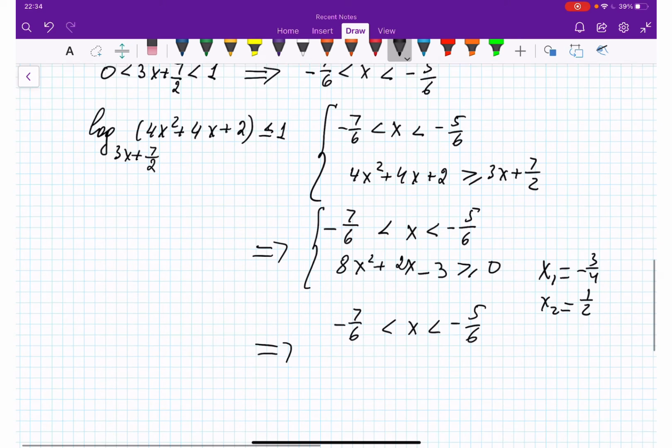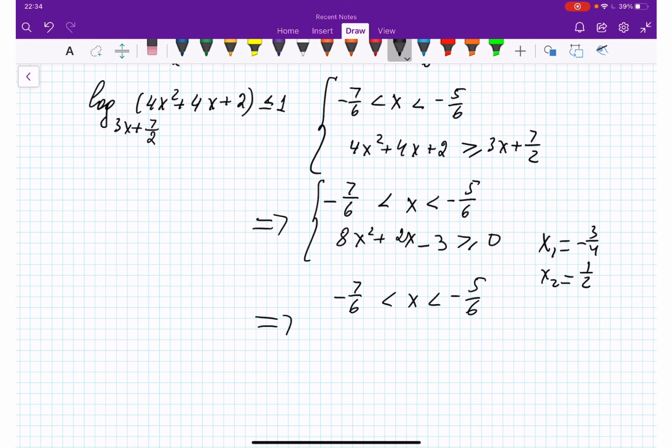For this inequality, we are going to get less than negative 3/4 and greater than 1/2. And x belongs to negative infinity to negative 3/4,